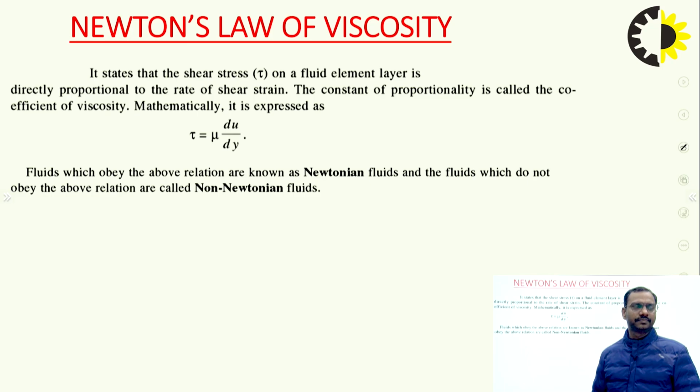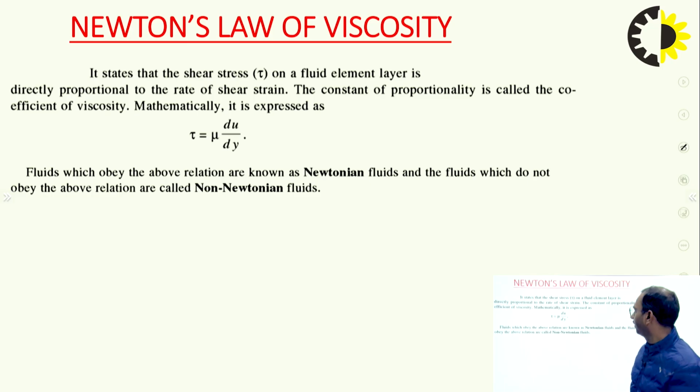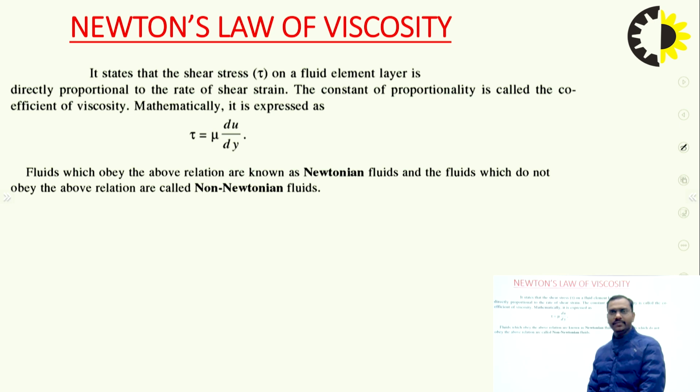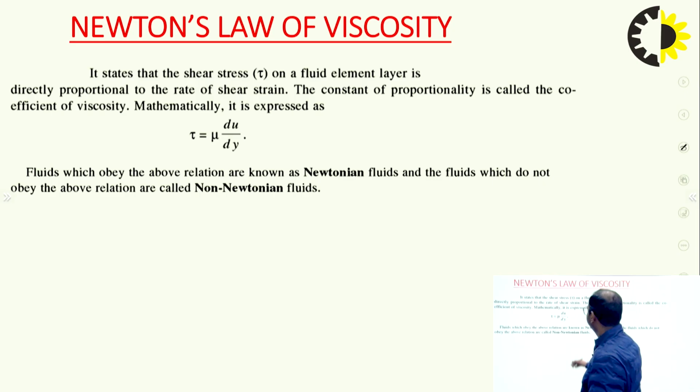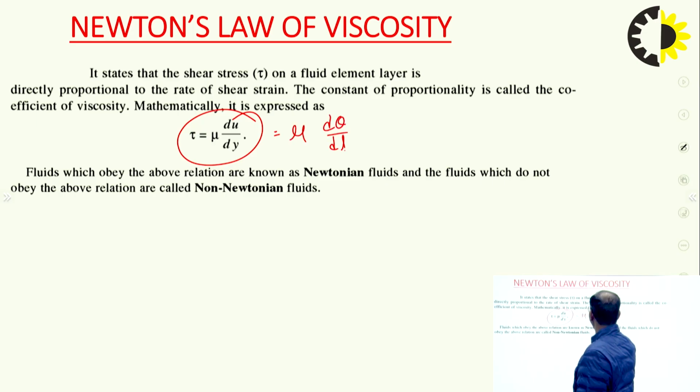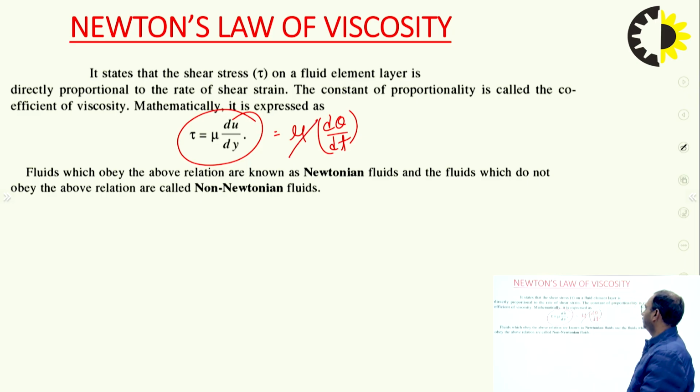Then what is Newton's law of viscosity? Newton's law of viscosity states that the shear stress tau on a fluid element layer is directly proportional to the rate of shear strain d theta over dt or velocity gradient du over dy. Mathematically, Newton's law of viscosity is expressed as tau is equal to mu du over dy or mu d theta over dt,